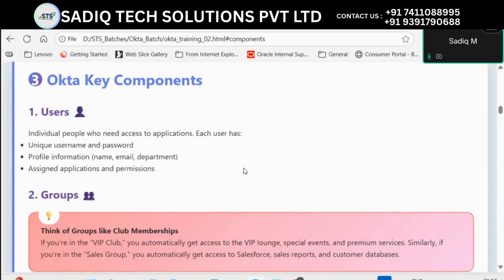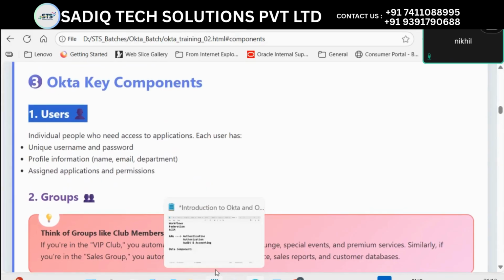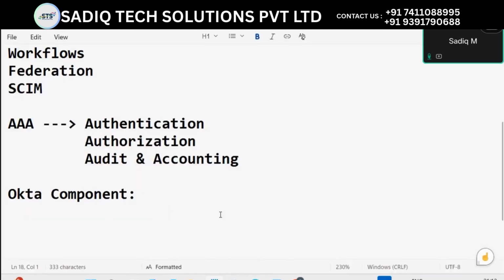It could be individual people who need to have access to the application. But generally, what is the information that comes as part of users? Suppose I have one user available in my Okta system, and generally it will have